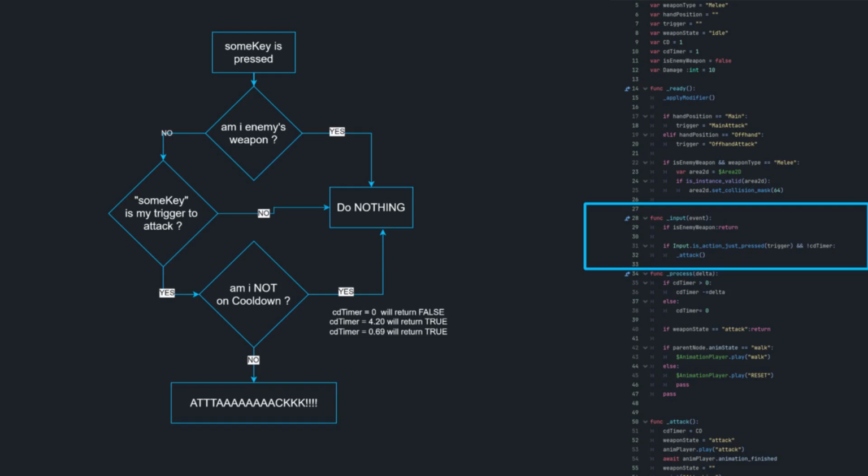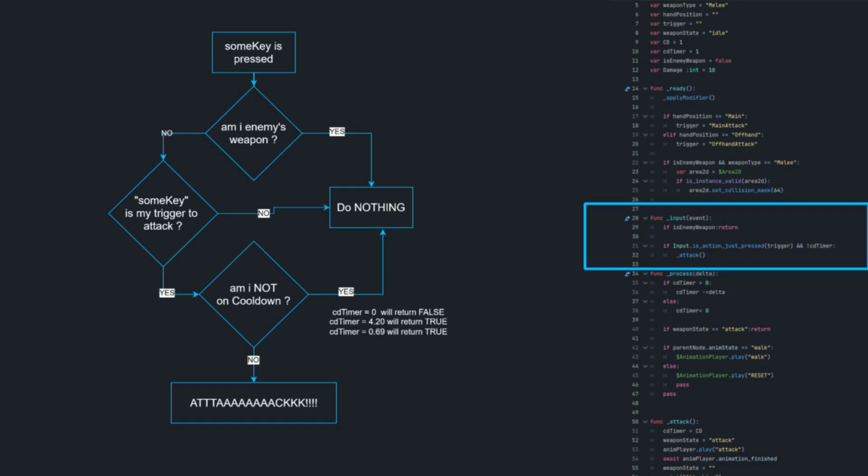And on the input event, if we press the trigger, which changes according to where it belongs, main hand or offhand, it's going to attack as long as it's not on cooldown.